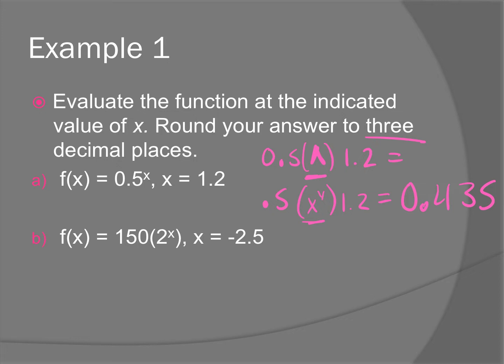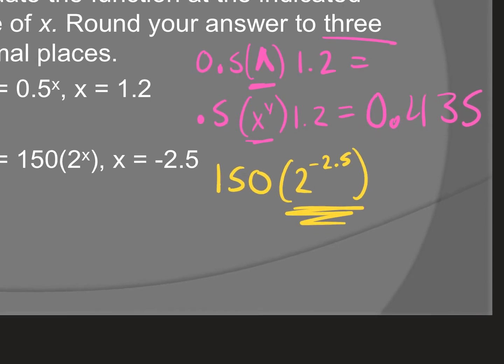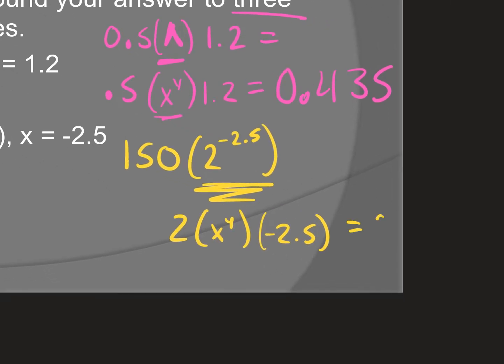So just put it in our calculator, it would be 150 times 2 to the power of negative 2.5. So we have to evaluate our exponent first. So remember PEMDAS, got to do the exponent first. So I would say 2, then x raised to the power of y, and then negative 2.5 in my calculator. So when we put this in our calculator, we should get